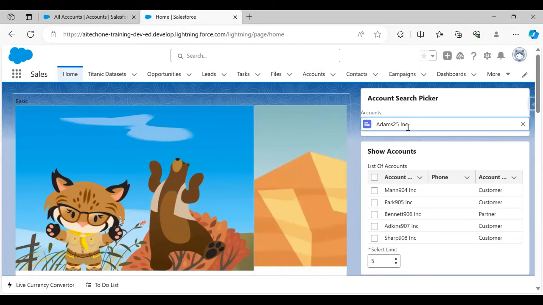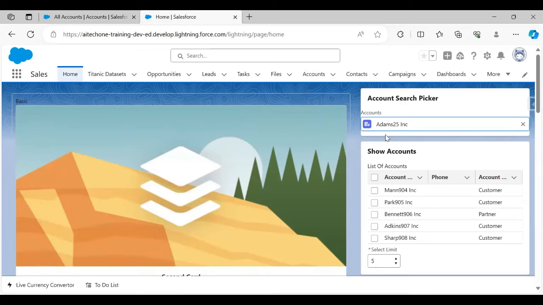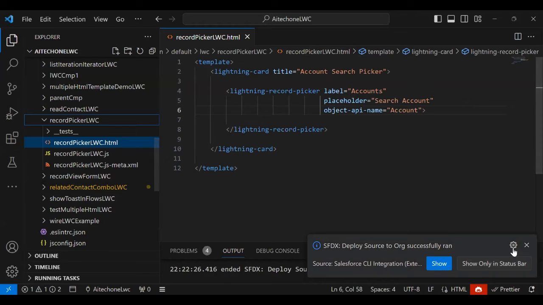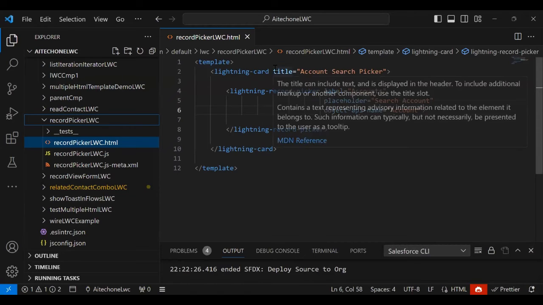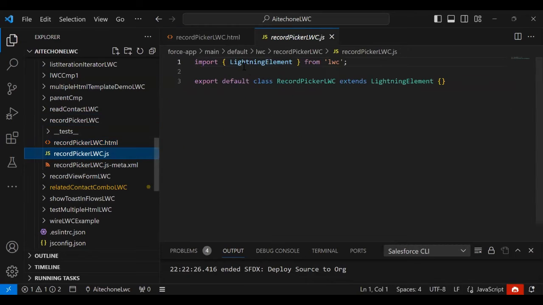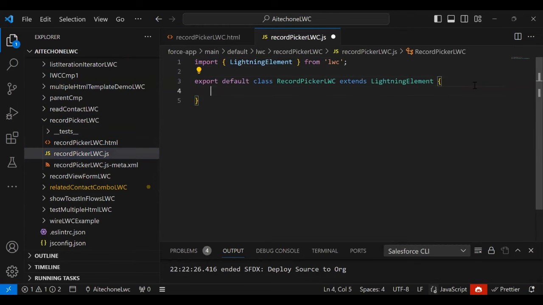And the requirement is whenever I select an account, I would like to display this particular account record ID. So in order to display that, let me get back to my Visual Studio. In this Visual Studio, I have to do some customization both in HTML as well as in JavaScript related to that. So first of all, I open JavaScript,